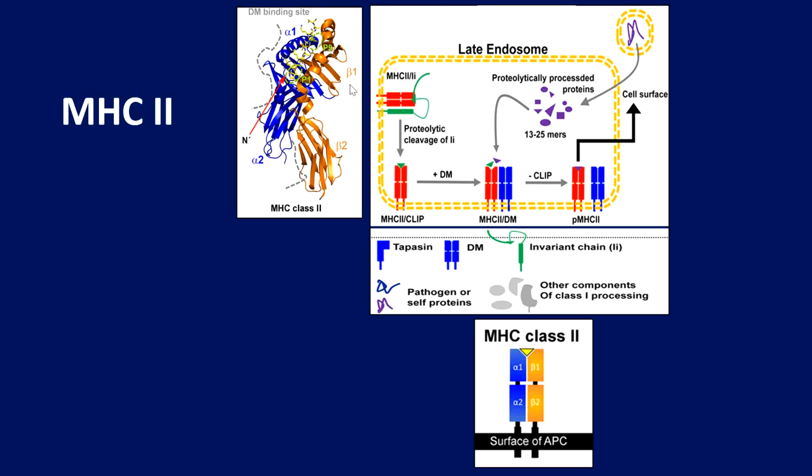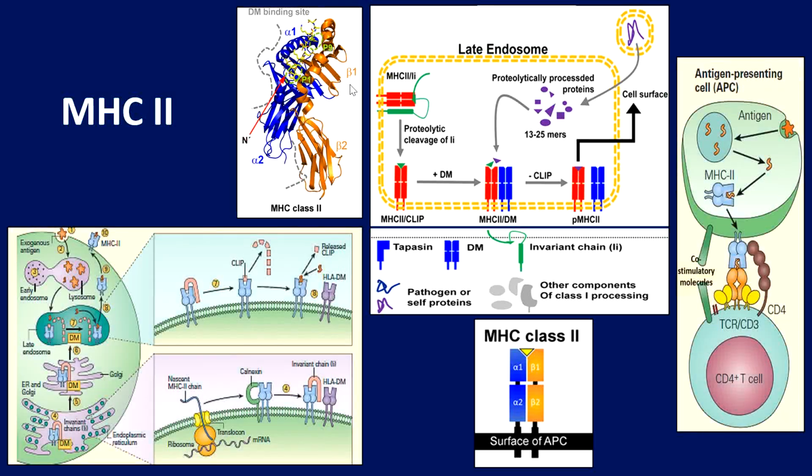Now the newly synthesized molecules transit the endoplasmic reticulum and the Golgi apparatus. After this passage, the invariant chain is cleaved by acid proteases, leaving a residual peptide referred to as the class 2 associated invariant chain peptide, or CLIP, in the MHC class 2 cleft. This CLIP occludes the MHC2 cleft and prevents peptide from loading until the molecule is in the lysosomal or late endosomal compartment containing the peptide. So you can see it has entered the late endosome.